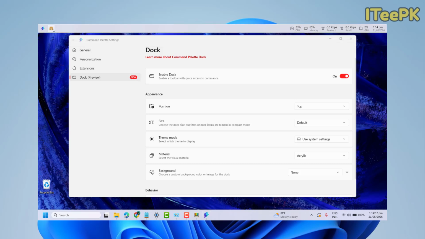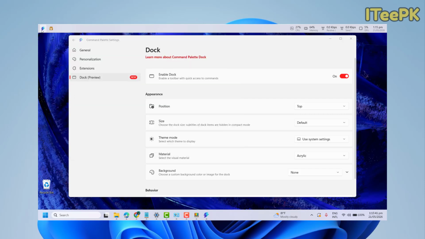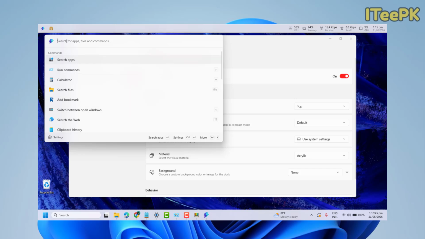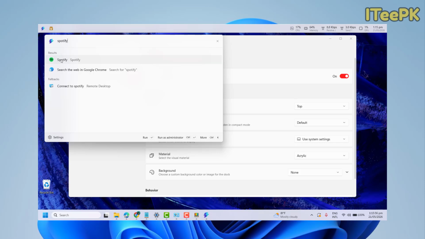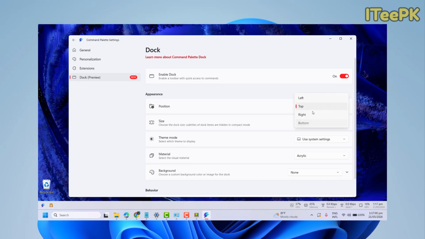We also get here quick access to find widgets or apps for our PC, and it also gives us access to find apps, files and folders, anything from our PC. Let me search for Spotify here and I got it. So this looks like the perfect quick access toolbar. And if you don't like this toolbar here, you could just go ahead and change its position from top to bottom,